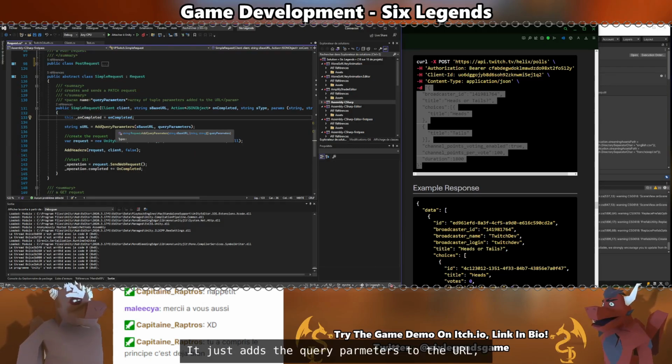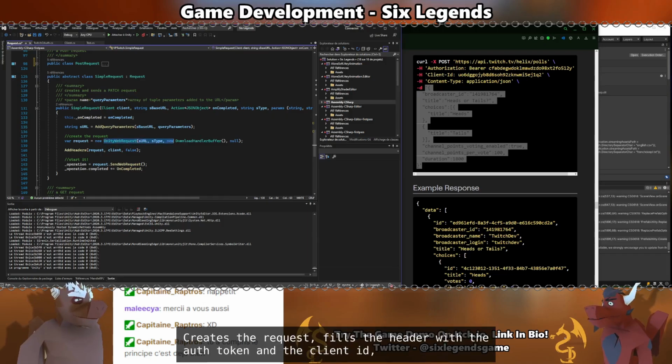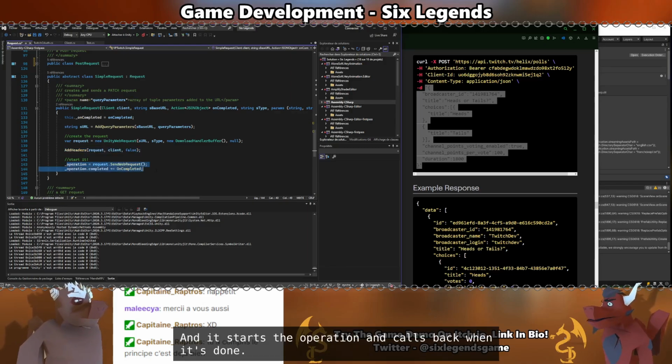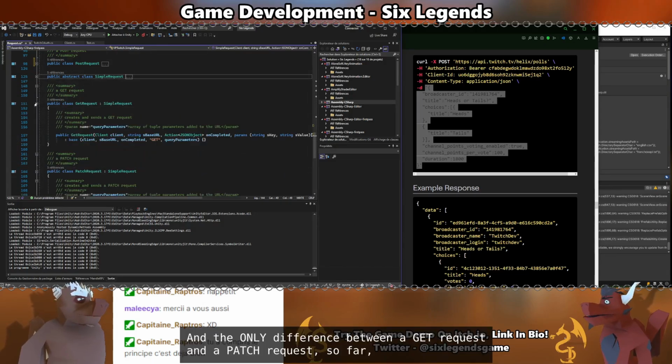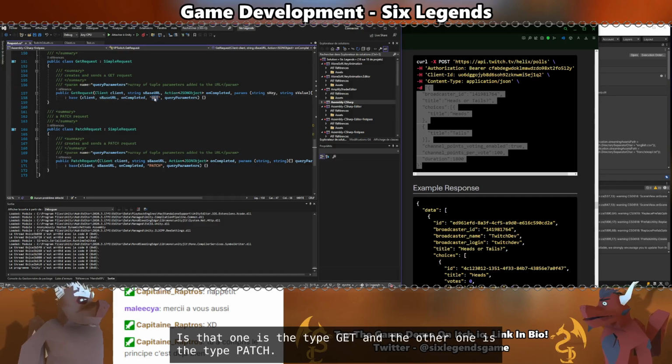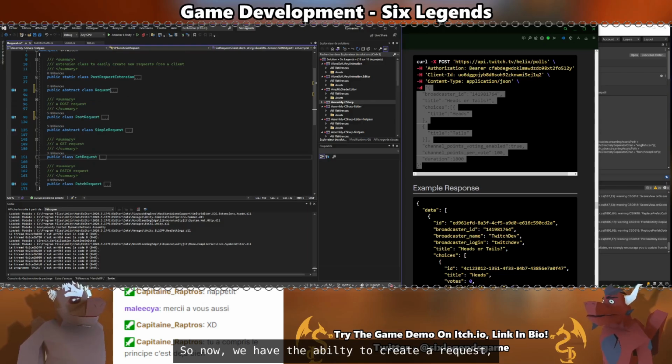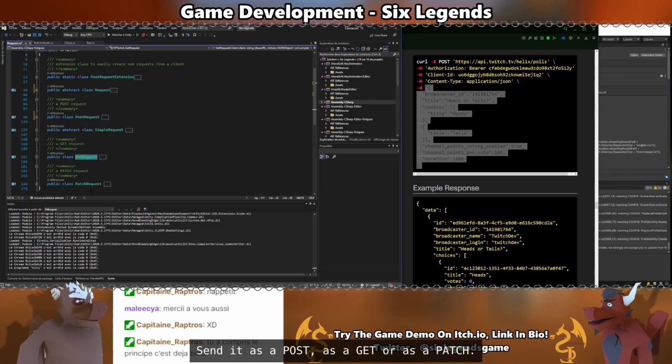It just adds the query parameters to the URL, creates the request, adds the headers with the authentication token, the client ID, and it starts the operation and calls back once it's done. And the only difference between a GET request and a PATCH request so far is that one is the type GET and the other one is the type PATCH. So now we have the ability to create a request, send it as a post, as a GET, or as